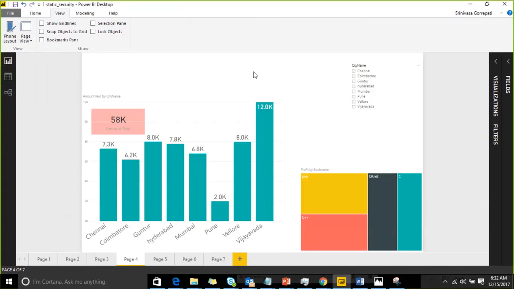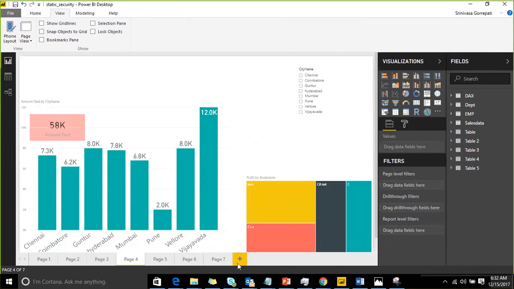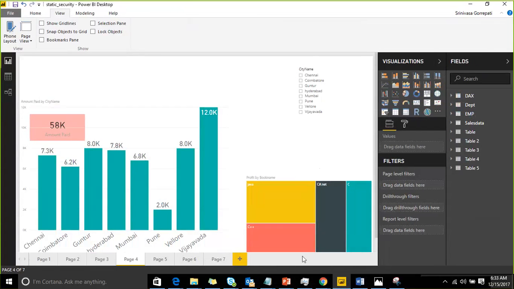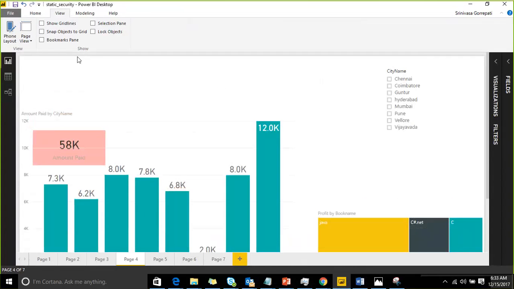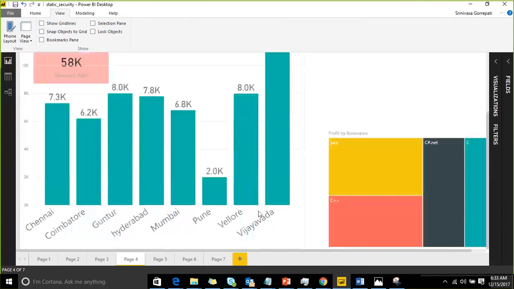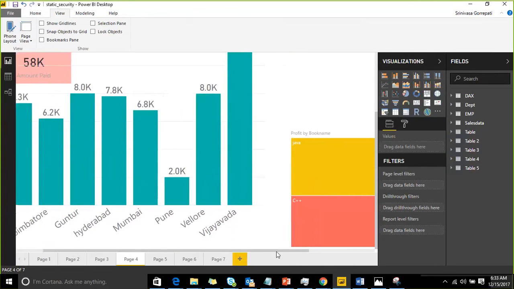Fit to page is the default one, and fit to width is going to occupy the complete width. So based on your window, the width will be adjusted automatically. Even if I am expanding, you are not getting any horizontal scroll bar. Fit to width and actual size: by default, whatever the size is, it is going to showcase, and you have a horizontal scroll bar. Whenever you expand it, you can see a larger scroll bar.